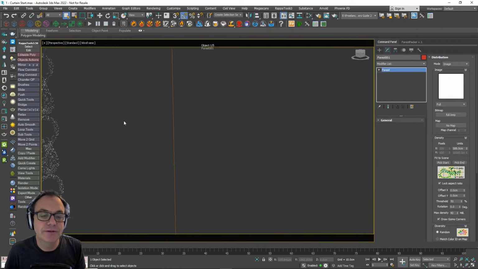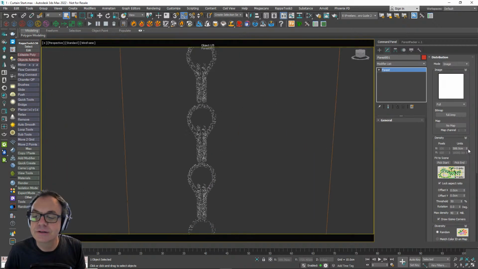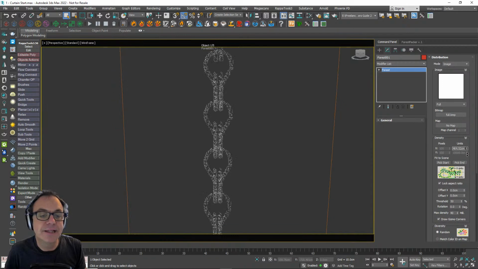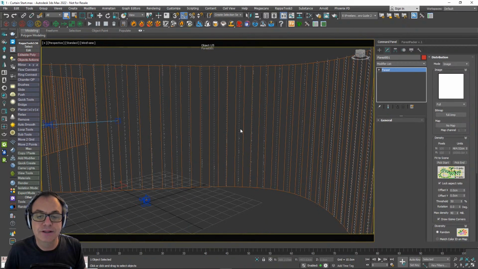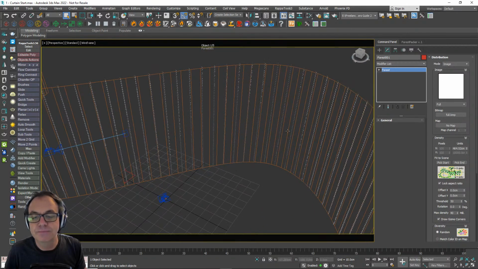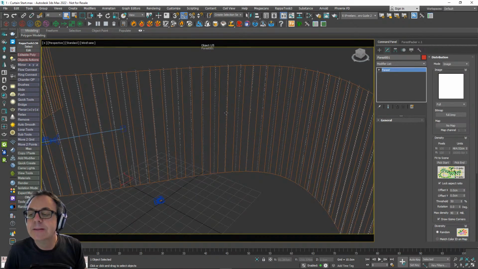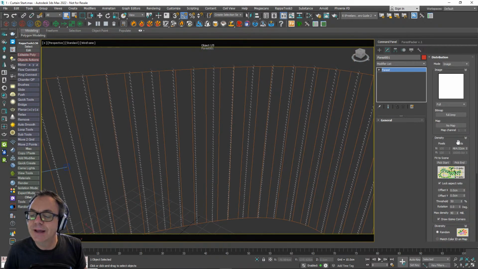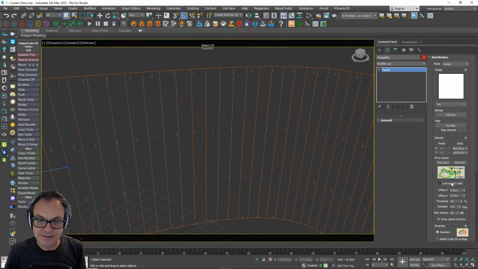Now at some point, as you can see, I'm going to get them interlocking vertically, but they're far too far apart horizontally. And what you want to do then is to turn off lock aspect ratio, and then you've got the ability to change the X and the Y axis separately.